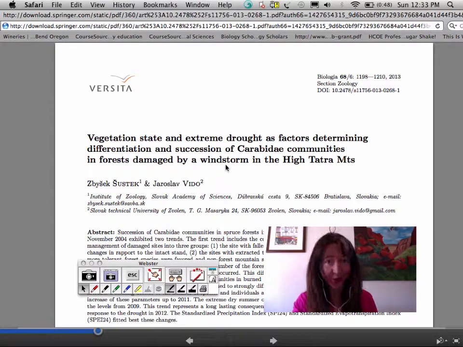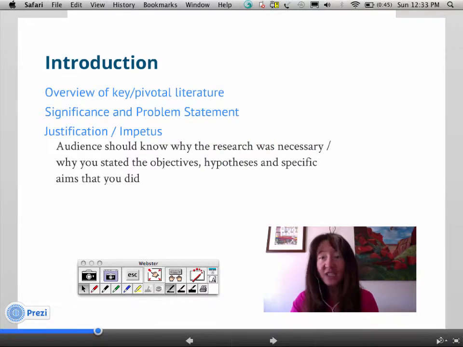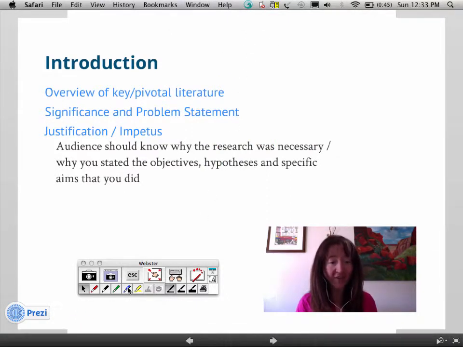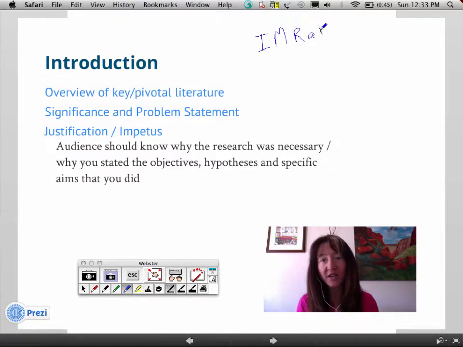You know how some of you wrote about that windstorm, and some of you wrote in your journal, well, I don't know if this might be linked to anything that we've been discussing in the fevered book. Well, I want you to read this article, and I hope your answer comes back to me as a resounding yes. Okay, so that being said, we are going to turn our attention back to the I Am Rad formula, because remember last time we were having a discussion of the results section, but this time we are going to turn our conversation to the introductions and the materials and methods sections.